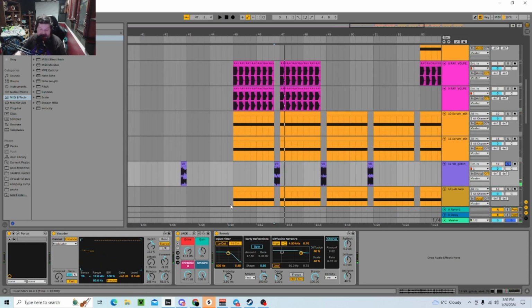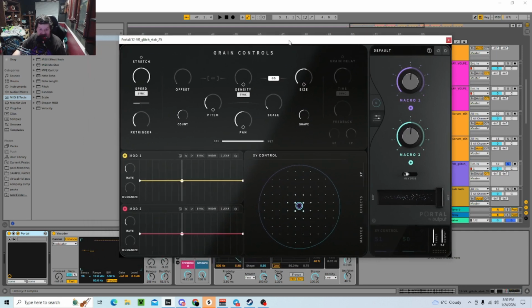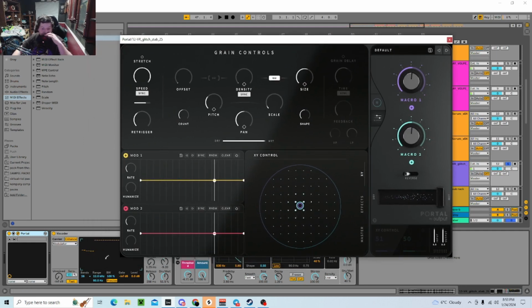So how I made these is actually a pretty funny story. I recently just got Portal. I saw Eliminate use this plugin, and I was inspired to get it for myself and try it out and see what cool bass manipulation tactics I can do with Portal. And combining it with a vocoder is definitely a good combination, because here's what just Portal